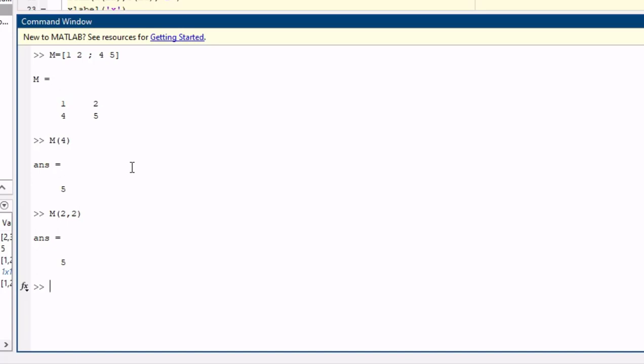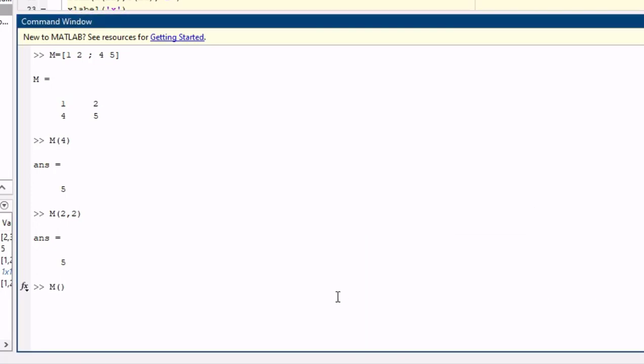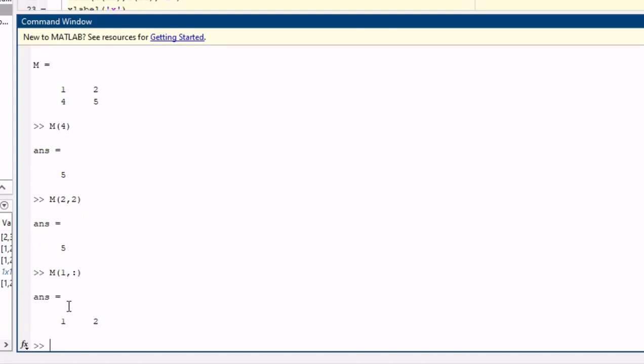If you need to read the first column, m of colon comma 1. If you want to read the first row value, m of 1 comma colon.